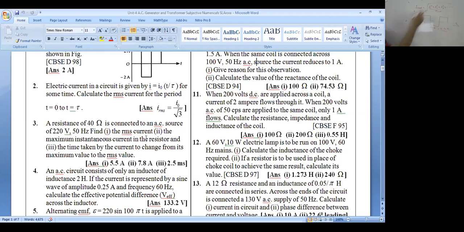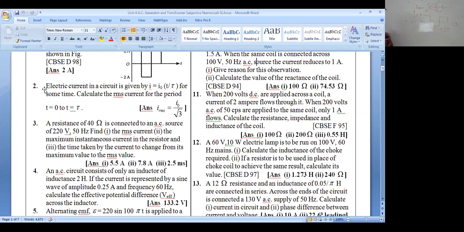It means, as per the definition, you have to square it, sum it, divide by the time, and take the root of it. Then you can get the RMS value as per the definition: finding the squares, mean and root, RMS. Got it? So here you can go through the question.